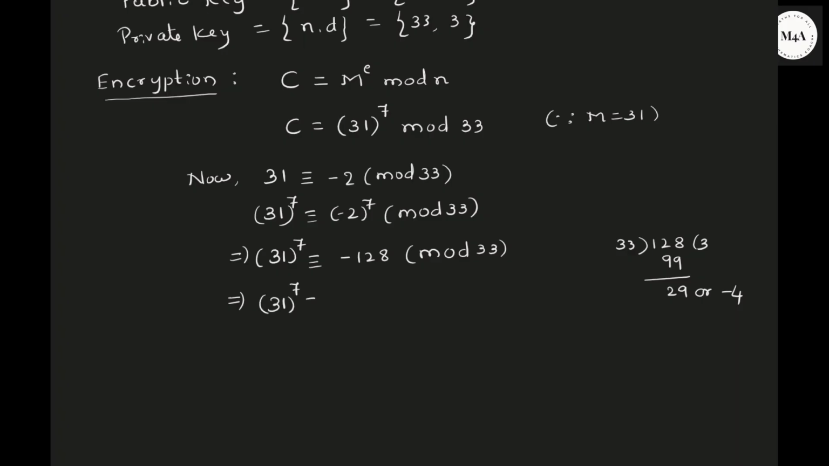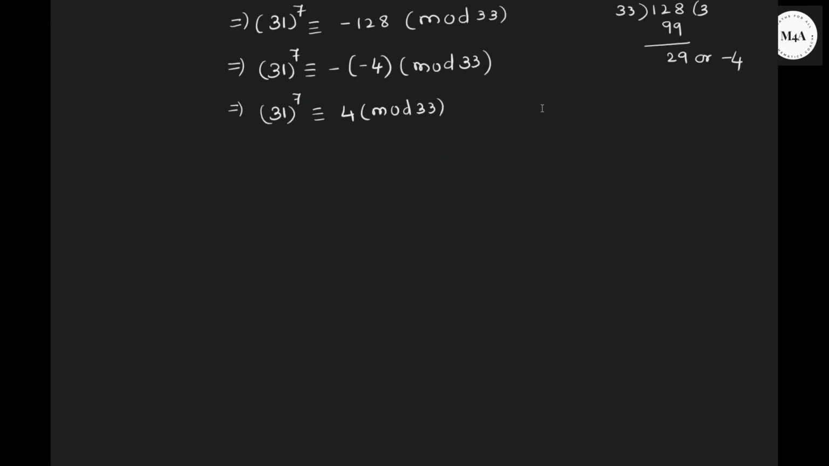31 raised to 7 is congruent to, already you have minus, in place of 128 you can write minus 4 mod 33. I have explained this in the previous videos. So what it implies? 31 raised to 7 is congruent to 4 mod 33. So what does 4 mod 33 mean? Now what is your C? Then substitute there. C is equal to